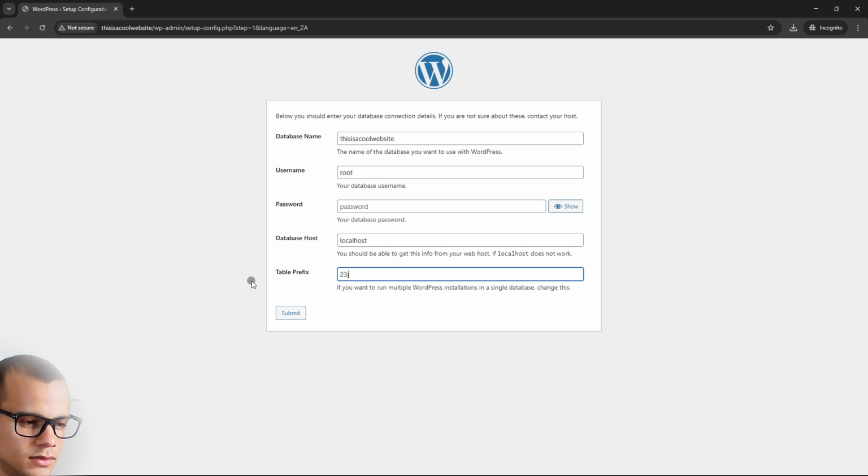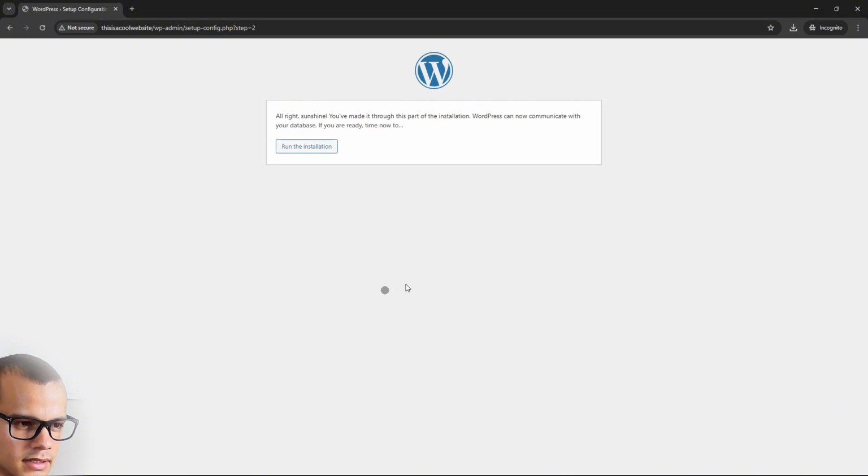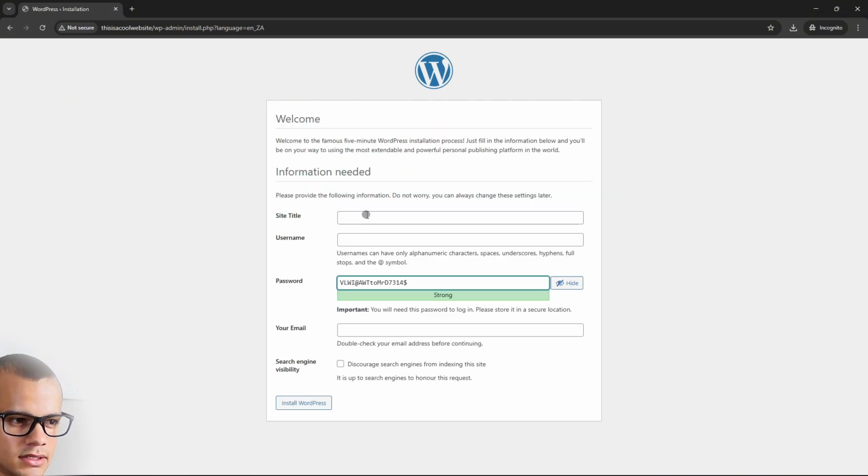Table prefix, you just make a unique combination of numbers and letters for each virtual host that you're adding, and then click submit, and then run the installation. And then over here you can put absolutely anything you want. The site title could be the fictional company that you're making the website for, your client's company, whatever. I'm gonna put this is a cool website. Again,